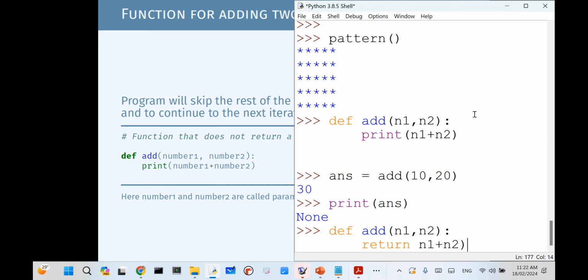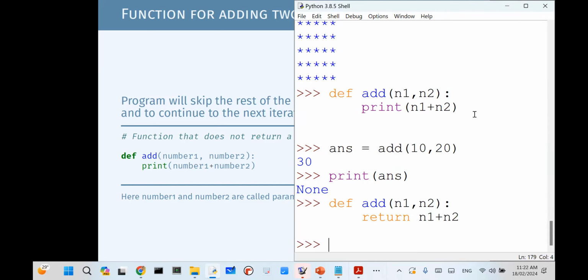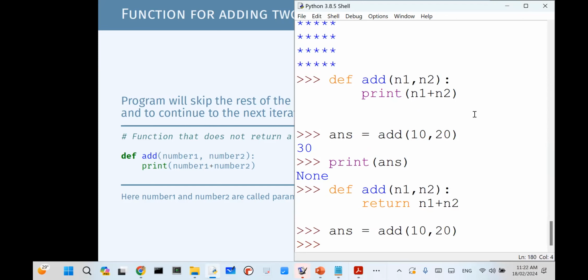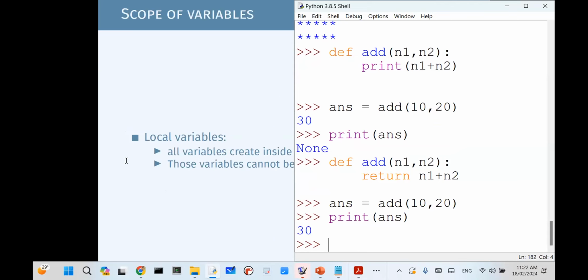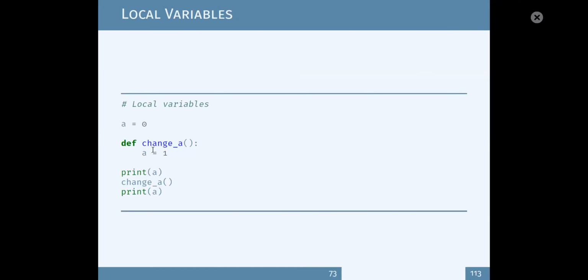You just say return. When you say just return, right? And then now you can save it. No issue. So remember, very important, right? Print statement, okay. But if you want to store the result and you want to move forward, better you use the return method. Right. So that's about the returning statements.